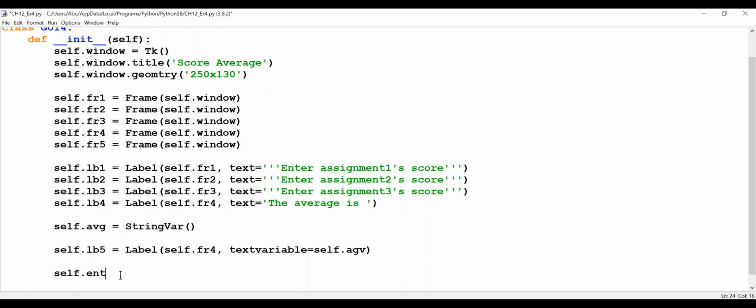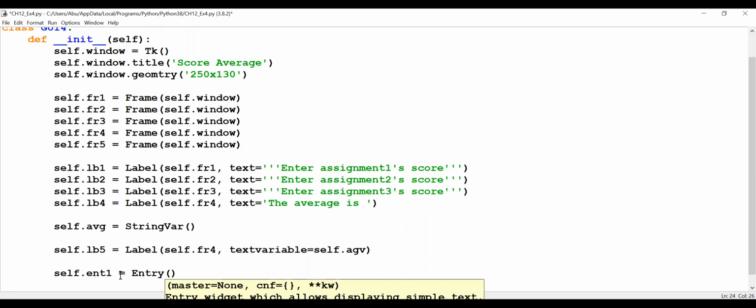Let's call it int1 equals entry, and for entry we need to specify the place or the position where we are placing it. So where will we place this entry? Now remember, we have a label, then right next to it, we have an entry. So we need to place it on frame 1. So it's the frame 1 component,